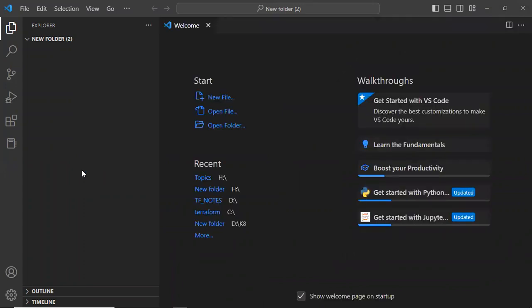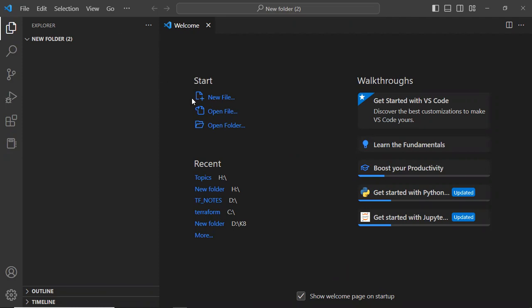The first time you enter VS Code, you will get this page. From here, you can start working with Visual Studio Code. You can write any kind of code, like Python, YAML, a Jenkinsfile, a Groovy script, everything we can write here. Now the code we are going to write is Terraform code.